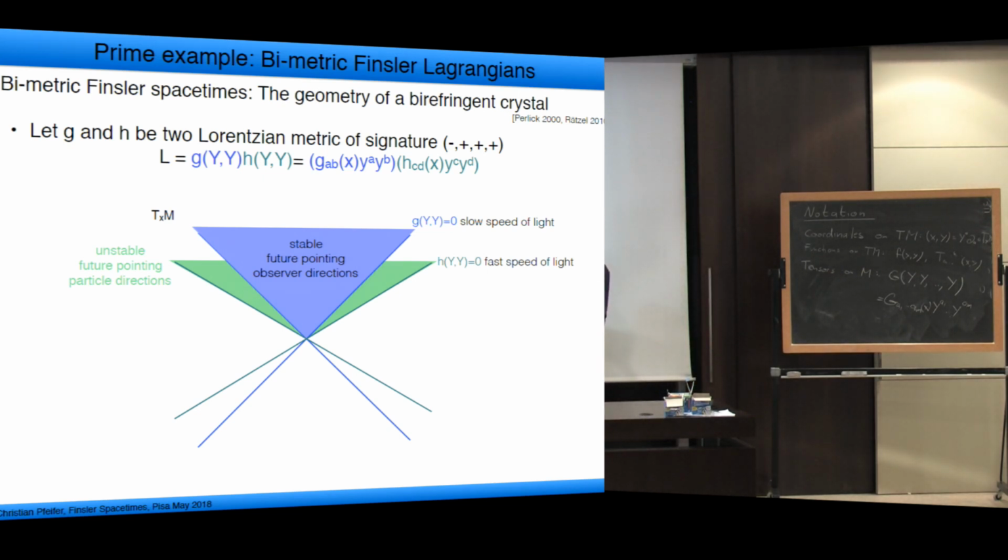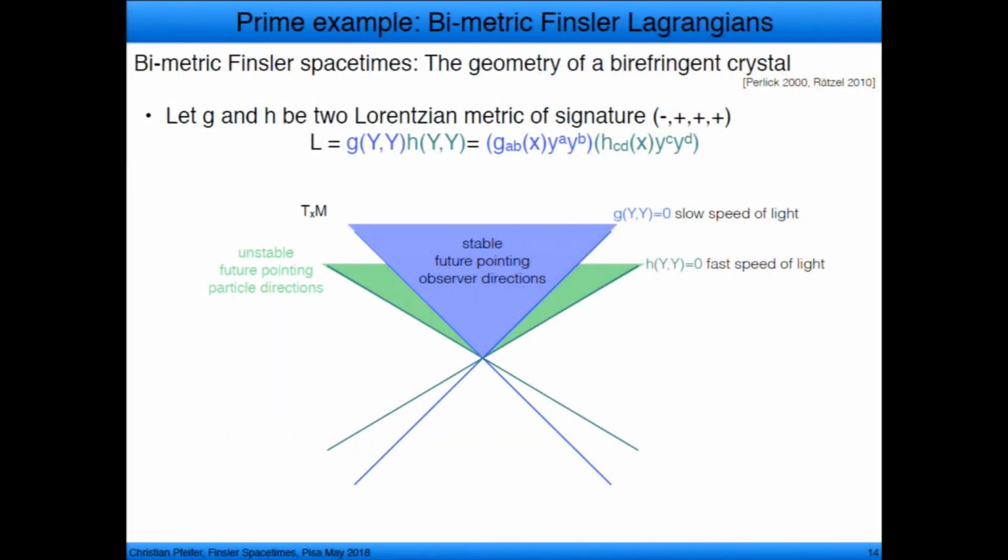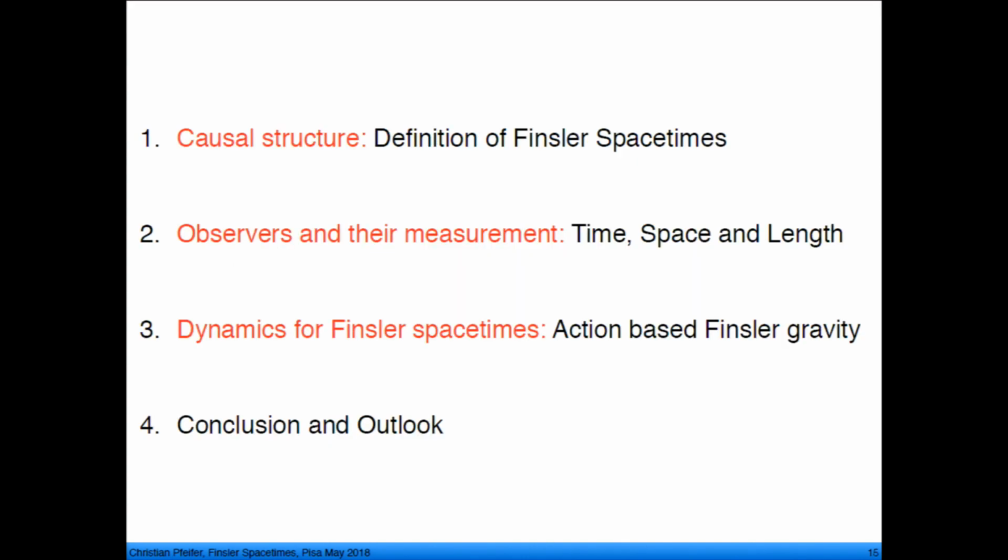But these are not the only directions along which massive particles can move. Also, massive particles can move along directions inside the time-like cone of the metric which defines the fast speed of light, only that particles moving along these directions, they are unstable. They can undergo a so-called Cherenkov process. They can emit slow light, then lose some of their velocity and, so to say, change the propagation from an unstable direction to a stable observer direction. These are simply effects which appear in physics when you have a medium. And we want to have a definition of Finsler spacetime which includes such examples.